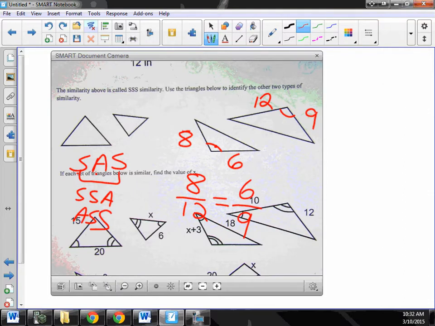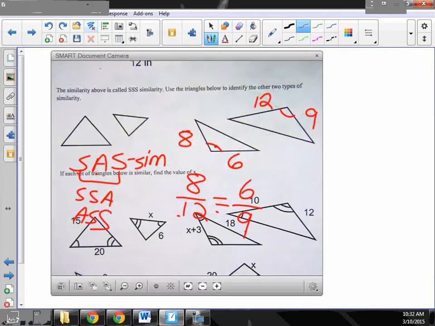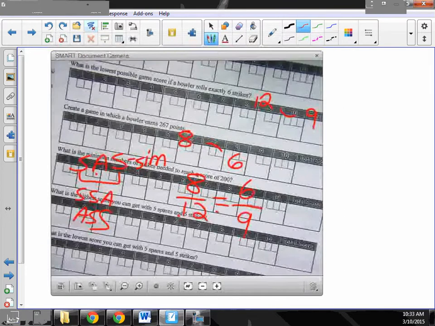So divide each of these by 4, and I get 2/3. Divide each of these by 3, and I get 2/3. So because this one matches that one, and I have side, angle, side, those are similar. So side, angle, side, similar. So if you look at the next page,